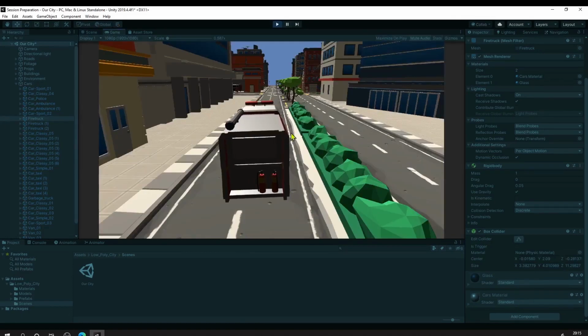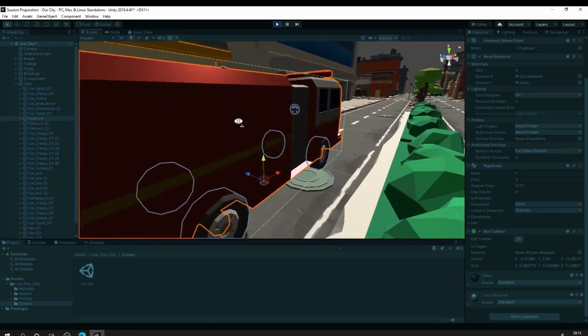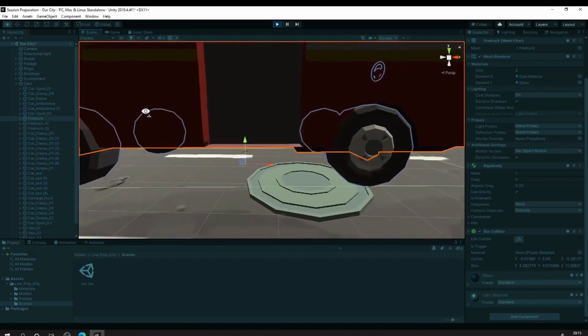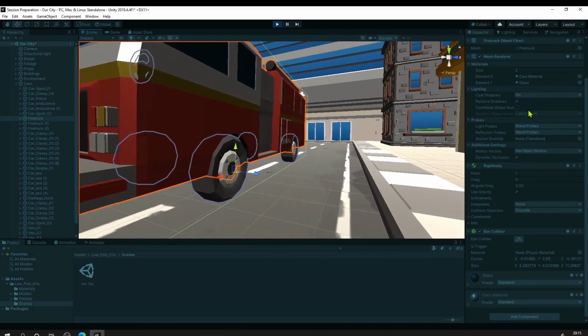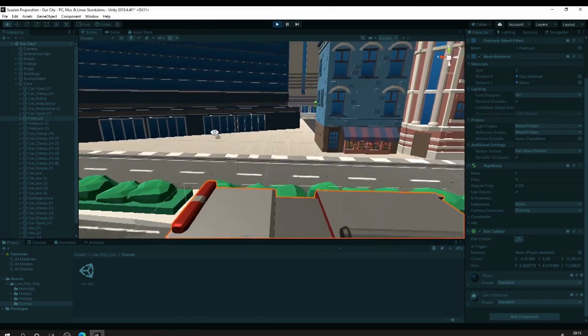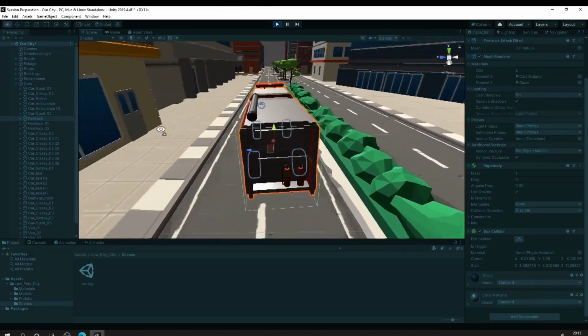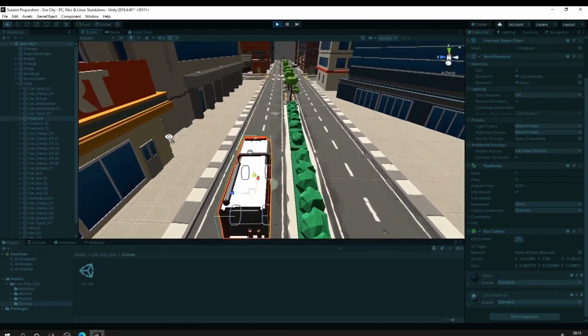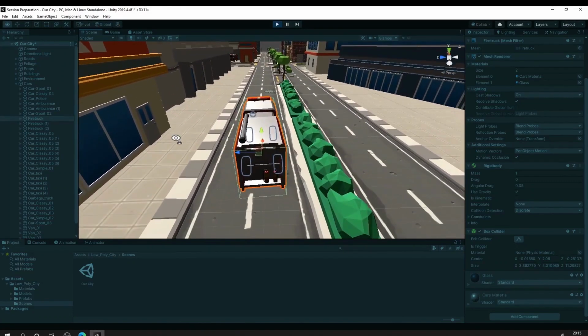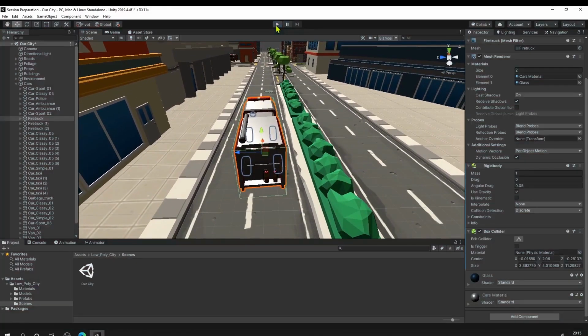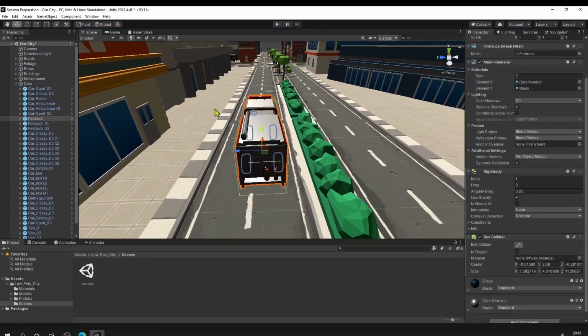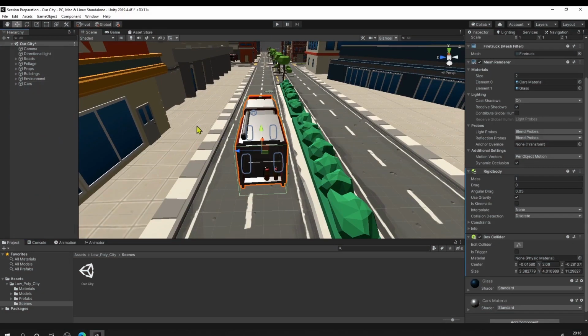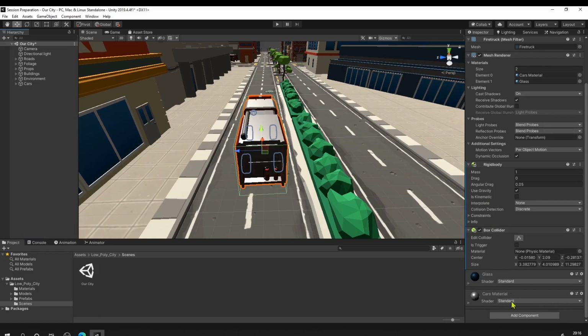As you can see, now my truck is looking good, and the colliders are properly set up because the wheels are touching the ground now. Everything looks good till now. So let us move forward. Let us exit play mode and start by adding